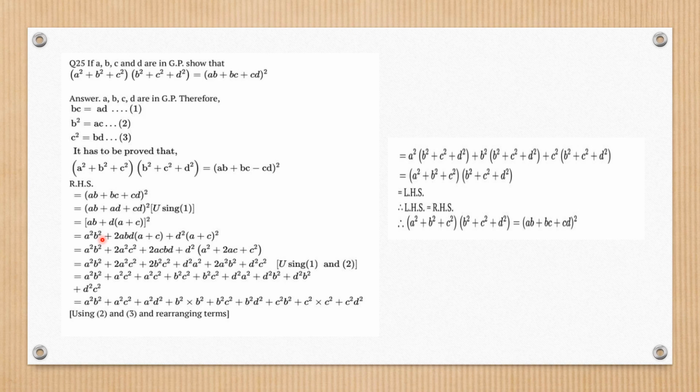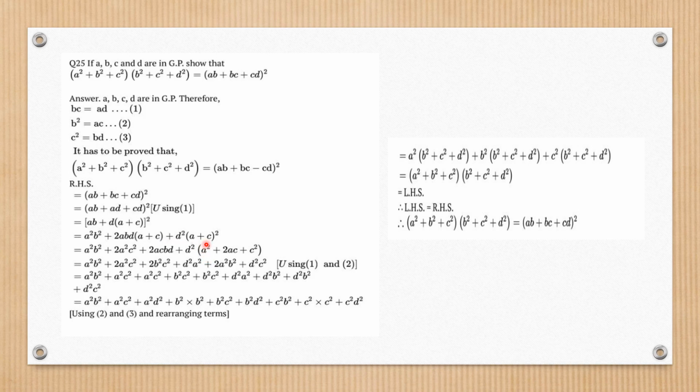Okay. AB and this is your AD, AB plus this D times this. So this formula is like (A plus B) whole square. So let's open it: A square plus 2AB plus B square, this complete square. Okay. So A square, B square plus, let's open it and use these equations number 1, 2, 3. Okay. So 1 and 2 we will be using. So it becomes your 2 times A square C square plus 2 times AC BD plus D square, and